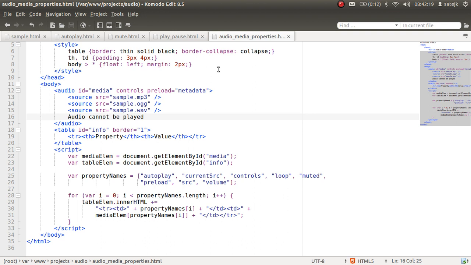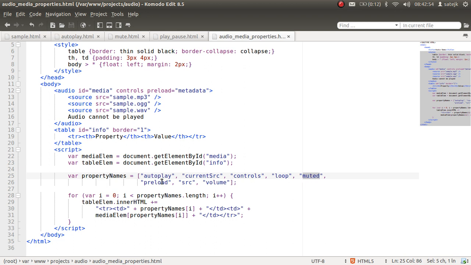Let me give you an example of some of the attributes. We know that the audio element supports attributes like autoplay, which we saw earlier, controls, and loop. What loop does is, when the audio element ends playing the audio, it restarts again. And muted says that the audio is muted by default.